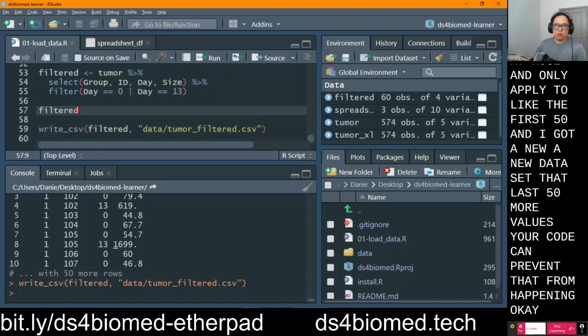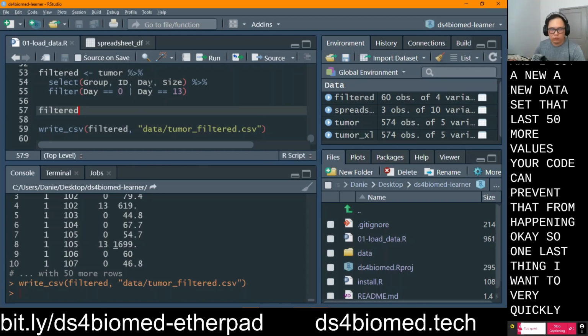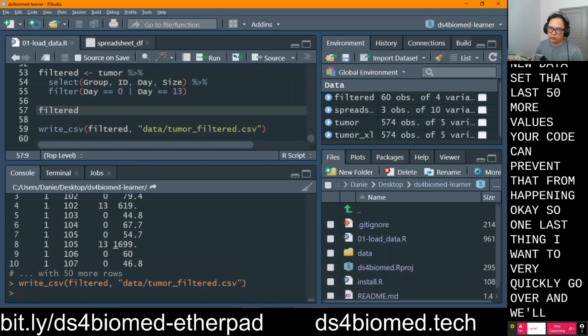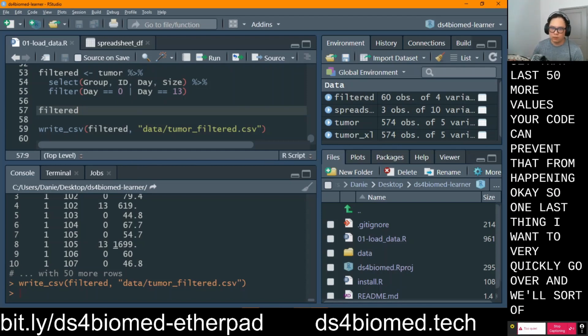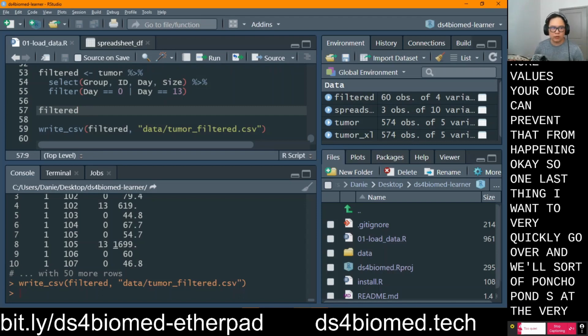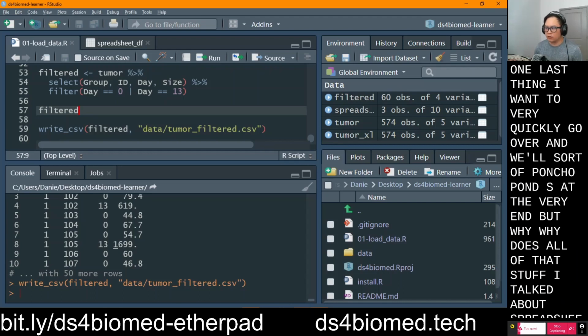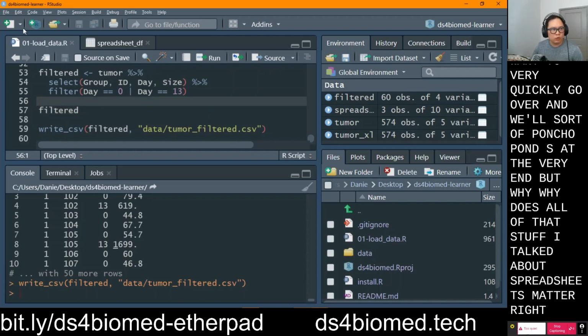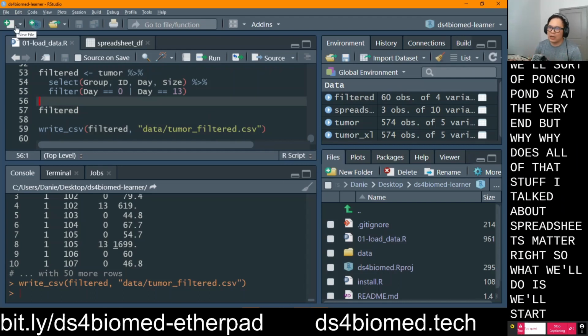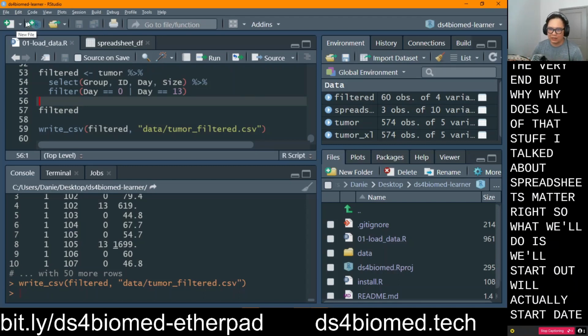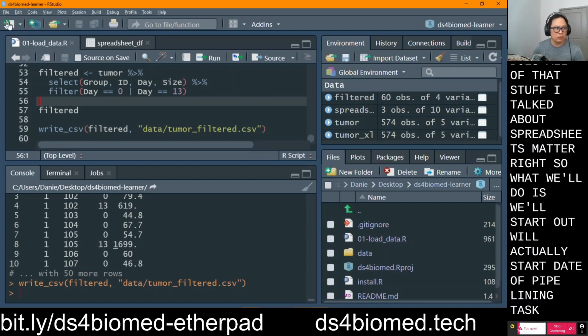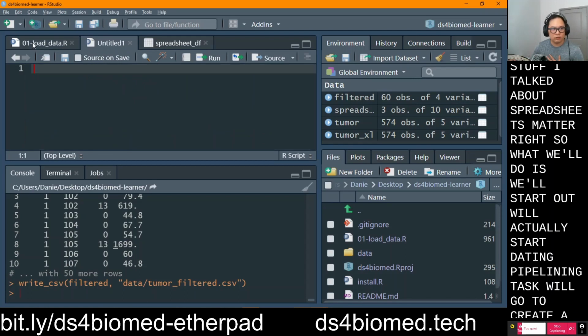Okay, so one last thing I want to very quickly go over, and we'll touch upon this at the very end: why does all of that stuff I talked about, spreadsheets, matter, right? So what we'll do is we'll actually start a data pipelining task. We'll go create a new file,